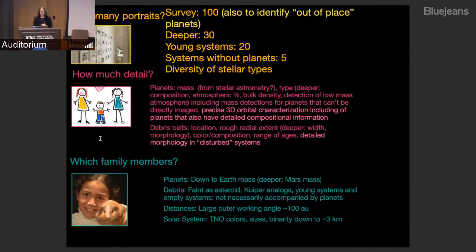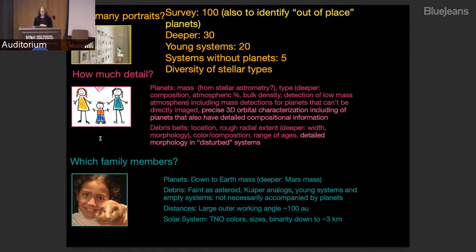So for this question of how, this kind of further motivates having a big survey of family portraits, because this will also help us see planets that are out of place. Like maybe in most systems, the rocky planets are here, but in this system, it's somewhere else. Or we maybe see systems that overall look pretty orderly with zones of different types of planets, but then there's one random planet that's been flung so that it's nowhere near where it formed. So having enough systems will let us detect situations like this.